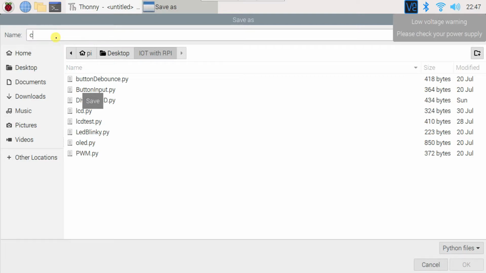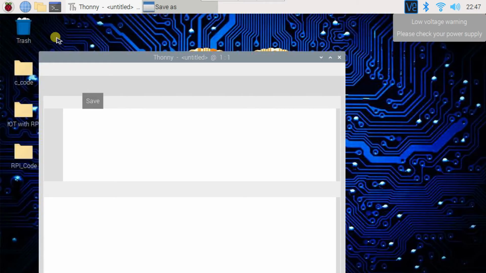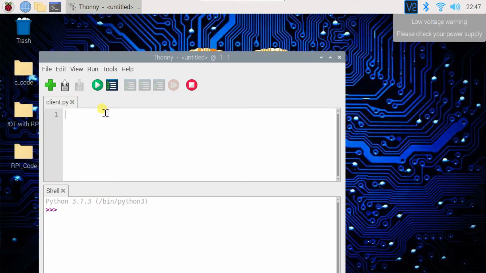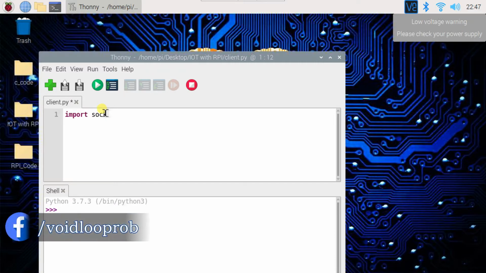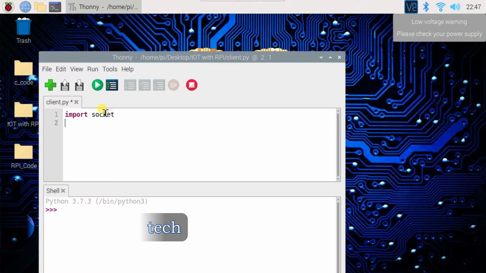This is client.py. Okay, and now I will start programming. So I will import socket library because I am creating client with socket library. So I will import socket. Okay, and now I will create a socket object.